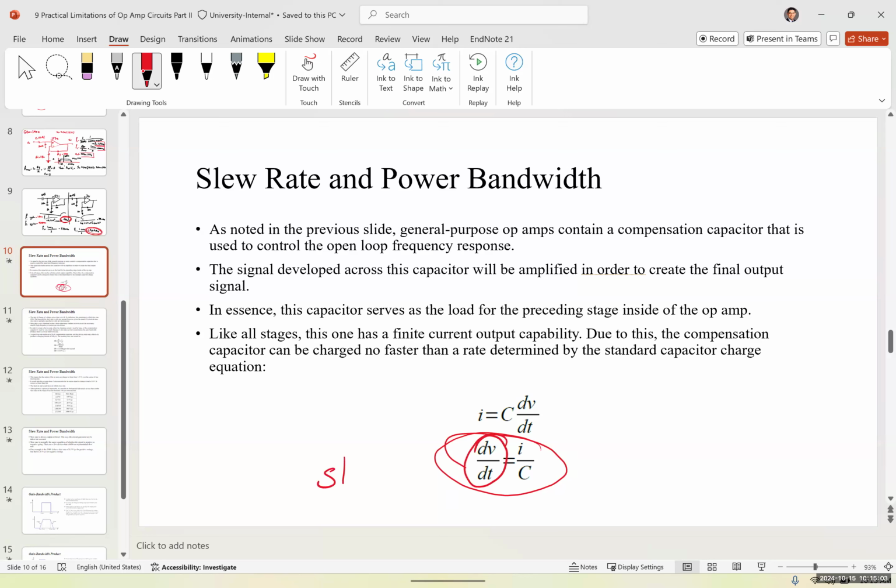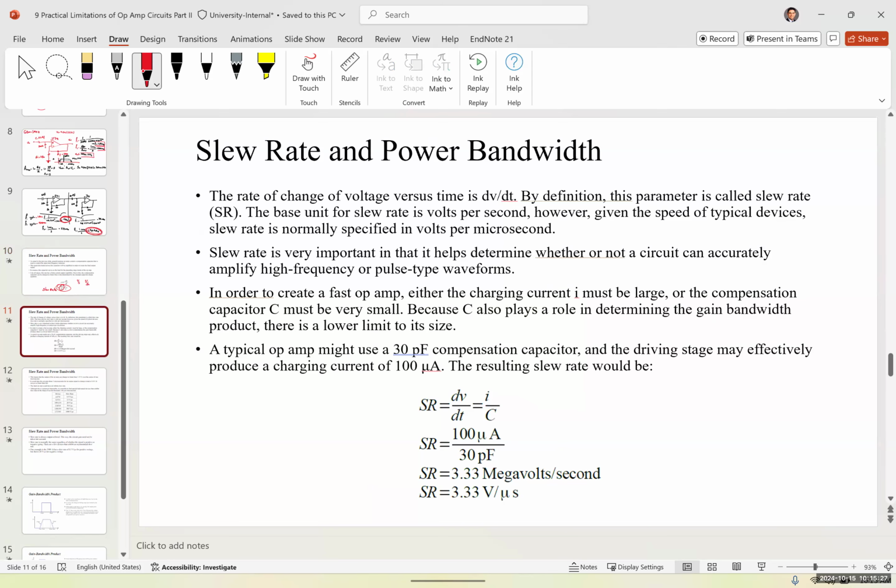dV over dt is our slew rate. We measure it in volts per second, but usually in this particular case, because the switching speed and slew rate are so high, we measure it in volts per microsecond or millisecond, but most of the time it's volts per microsecond. So the rate of change of voltage versus time is dV over dt, which by definition is called the slew rate. Slew rate is very important in that it helps determine